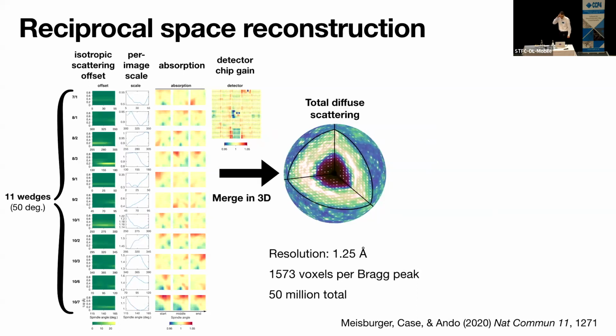And then there was a lot of work on software, and one of the things we had to kind of reinvent was scaling. Basically, we did an Aimless style scaling model refinement. But there's a few extra things we had to include, and one was a bit of added background scattering. Because the protein is on a loop, as you rotate, at some point during the rotation, the loop and some extra solvent will move through the beam, and so you get a bit of added isotropic background. So this scaling model kind of takes care of that. And at the end, we merge in 3D, and we have